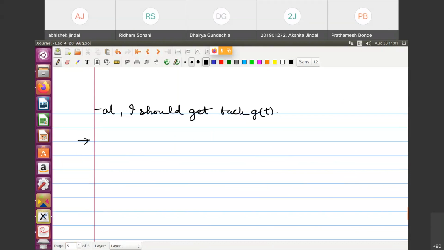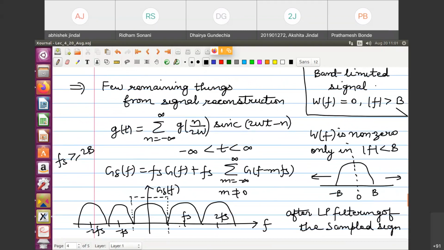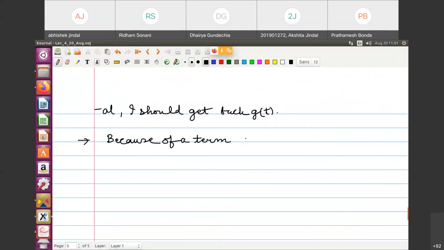So the principle following this is, because of a term, what is the term here? The term is f_s G(f). Right now, because our sampling rate was greater than 2B, this is not corrupted. So this is important. If at all your f_s is less than 2B, then this becomes corrupted. Why? Because the shifted copy comes like this. So to ensure that this is not corrupted, we have to choose f_s greater than or equal to 2B. So because of a term f_s G(f) in the spectrum of the sampled signal,